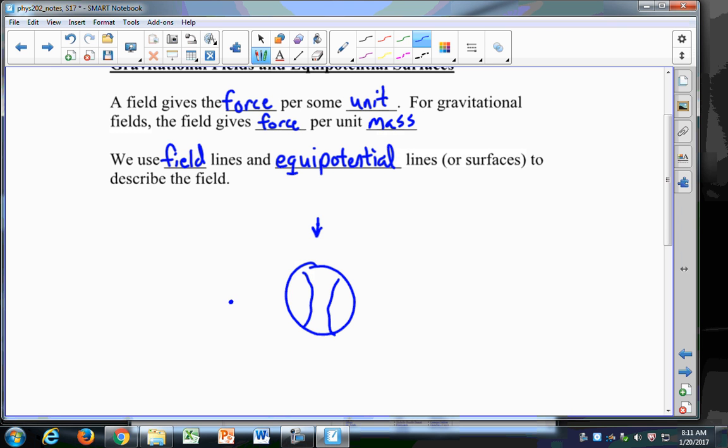What if I have a particle over here? Will it also feel a force in the downward direction? Okay, but as we're looking at it, it's going to be to your right. Whatever. It's going to be towards the Earth. All right, and then if I have a mass over here, it's going to look like that. A mass over here looks like that. Now I can draw field lines